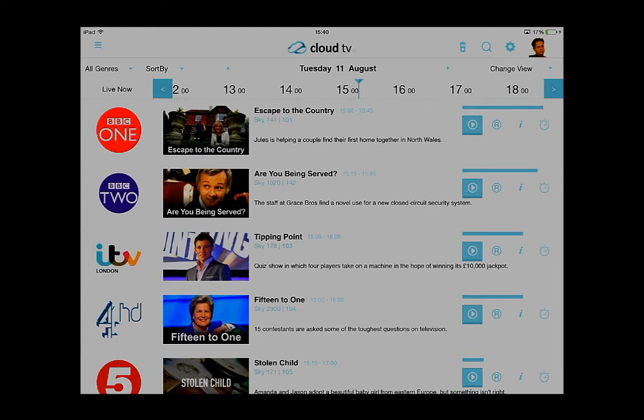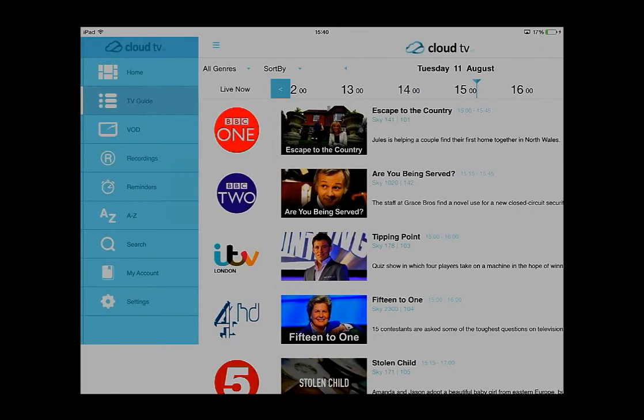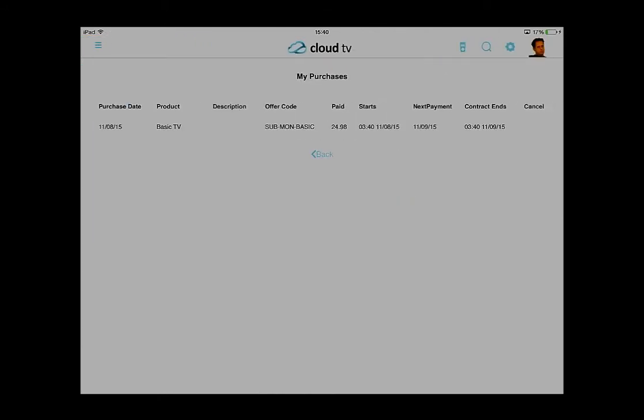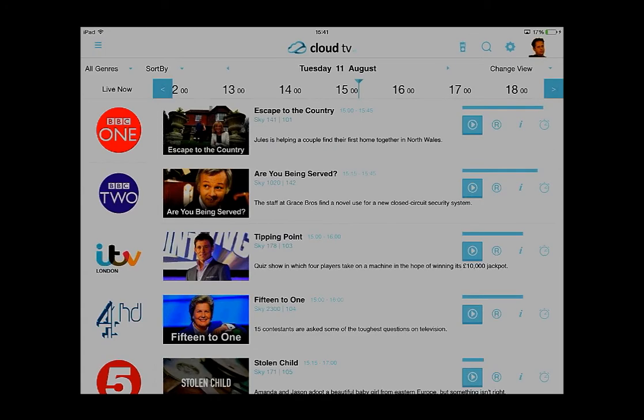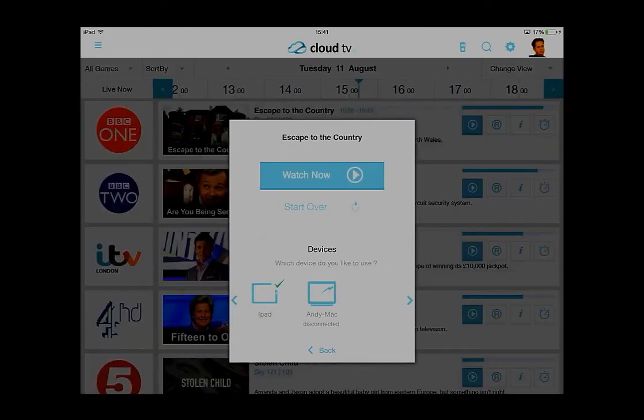So the next time I press play, I will be presented with a pay dialog, and I'll just go through and show that the transaction has been recorded on my account. You can see there it's $24.98, and the contract ends on the 11th of September for this particular payment cycle. And then when I press play, I'm given the ability to watch the video stream or start over on the